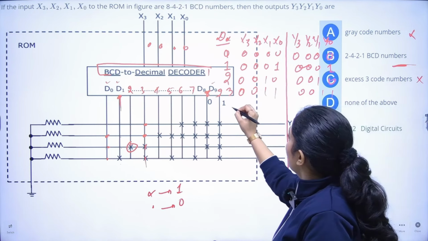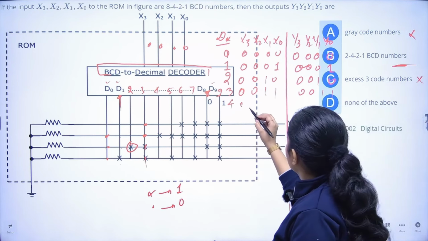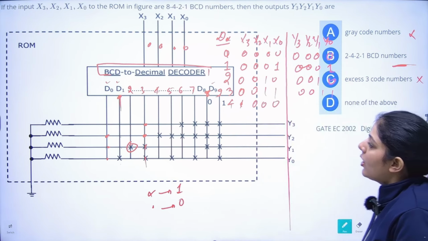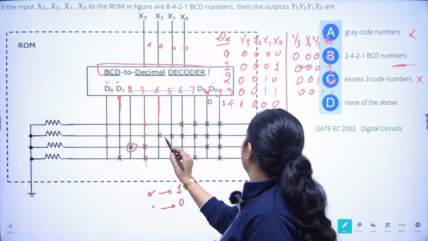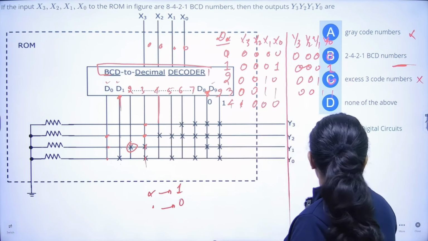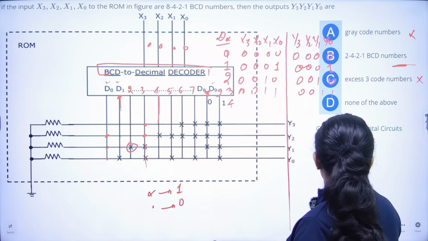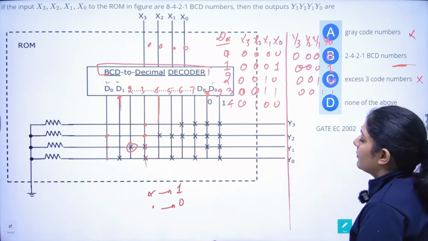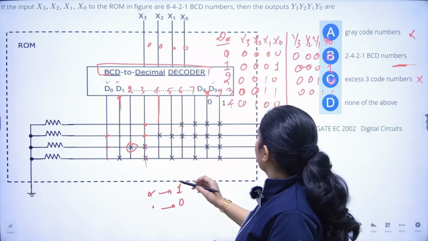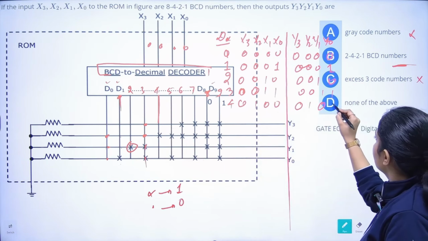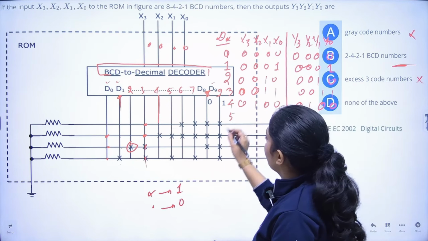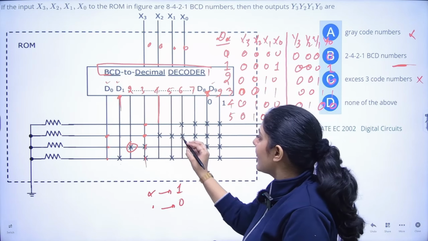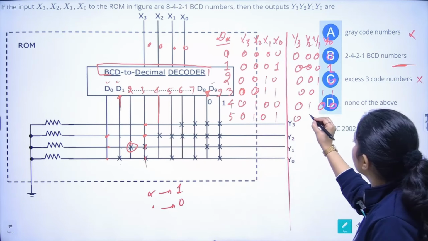Okay. 4 is 1, 0, 0, 0. Right? This is the 4. Now 4 decimal is here. Oh, sorry, this is 8. So 4 is 0, 1, 0, 0. So this is your BCD 4. Now 4 here is again the same, 0, 1, 0, 0. Now 5. 5 for BCD number is 0, 1, 0, 1. Here it is again 0, 1, 0, 1.